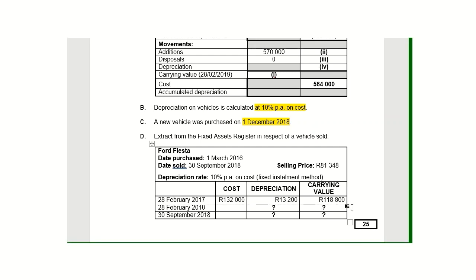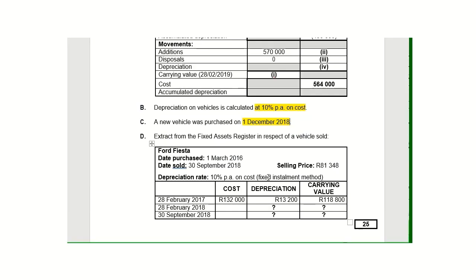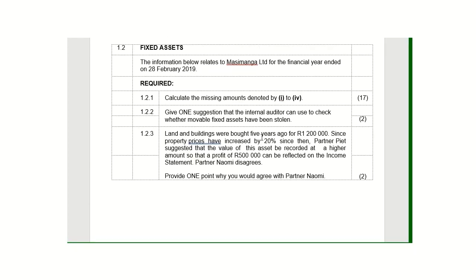So let's see how that will work. Okay, so the disposal, the depreciation for year 1. Year 1 started, it was purchased 1st of March 2016, and the year ends on 28 February. The year end is 28 February. If I go back, it gives it to me at the beginning of the question. The year end, 28